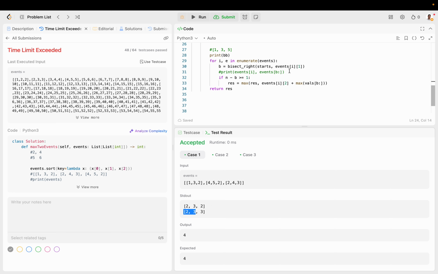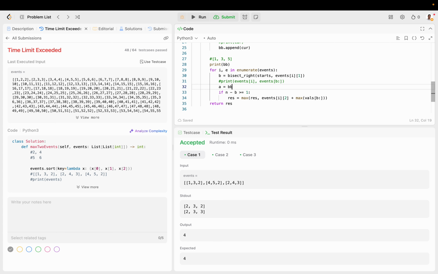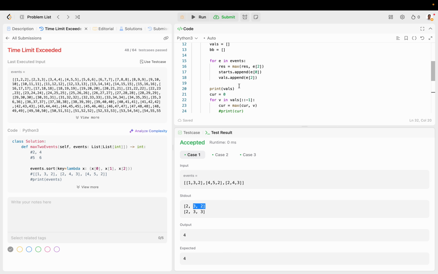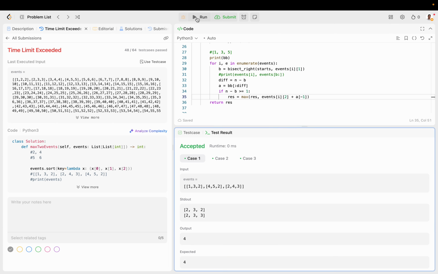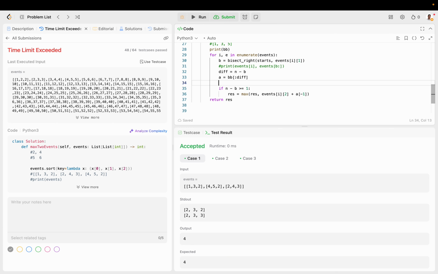So basically if we have our b, the current is just going to be bb of whatever the difference is, because for example, if we want this, then it's going to be the length of events minus the current index. So that's why we have n. The difference is going to be n minus b. And then we're just going to say everything up to the difference, and then we're just going to say a of -1. So that makes it a lot easier, because if you print a now,